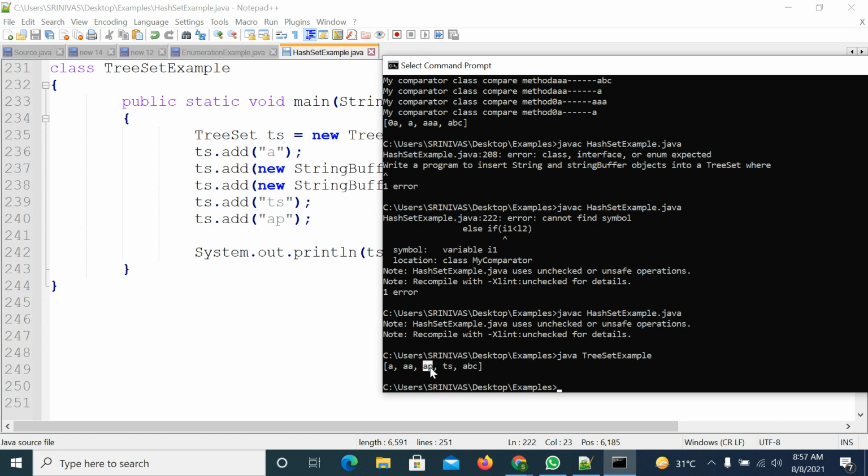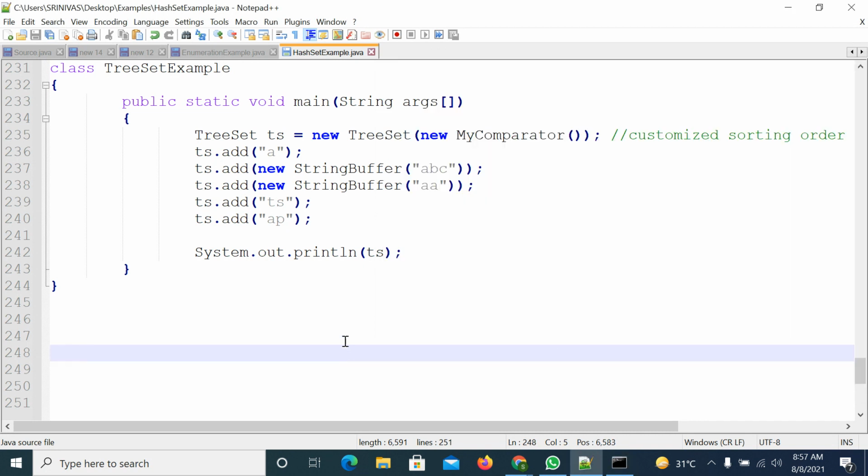If you compare AP and ABC by dictionary order, after A, then AA, then ABC has to come, after that AP. But we are working based on the length. That's why length is applied first here. So I hope you are getting the point. This program sorts the elements based on the length, and if lengths are equal, it works based on the dictionary order.